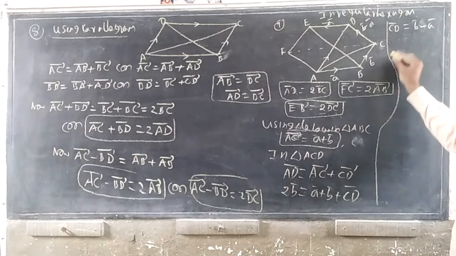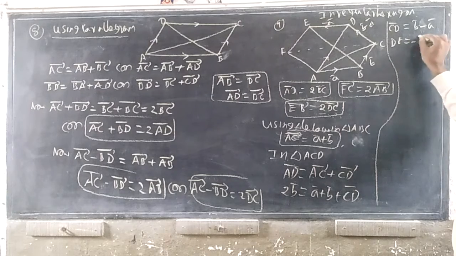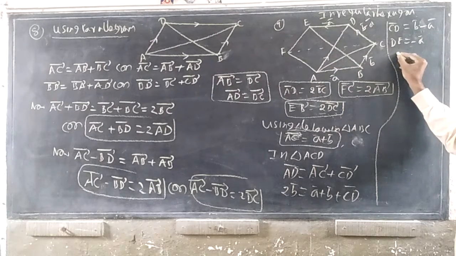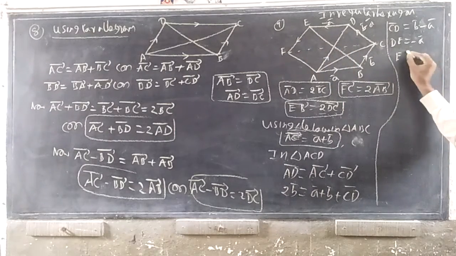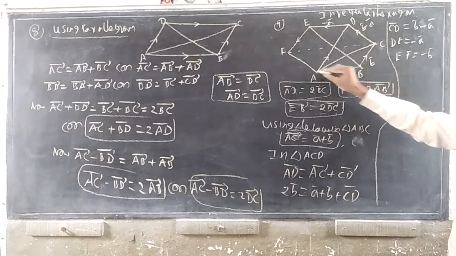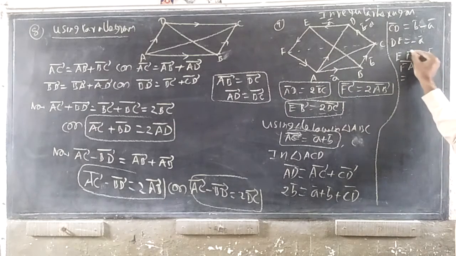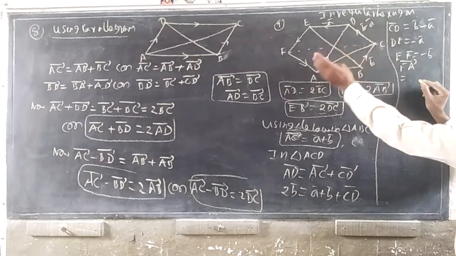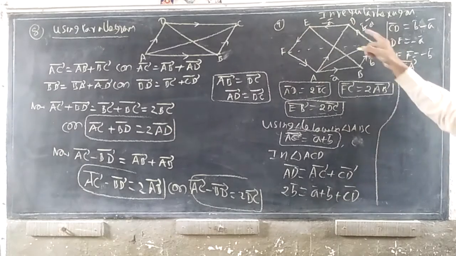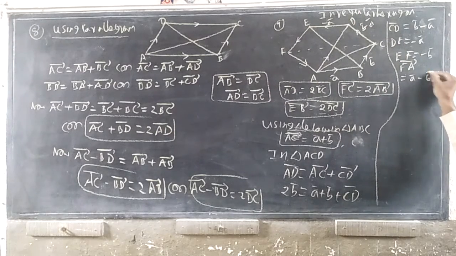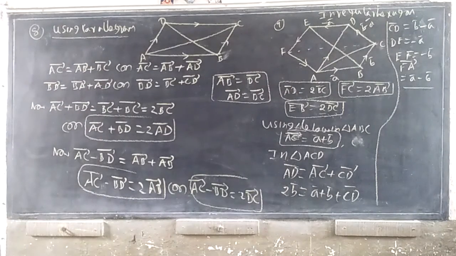Now FA is equal to DE is equal to minus A because it is parallel to this vector. And now EF, you can say this is parallel to this vector, so minus B bar. Now FA is parallel to this one and in the opposite direction of CD. So B bar minus A in the opposite direction gives A bar minus B bar. These are the important concepts.